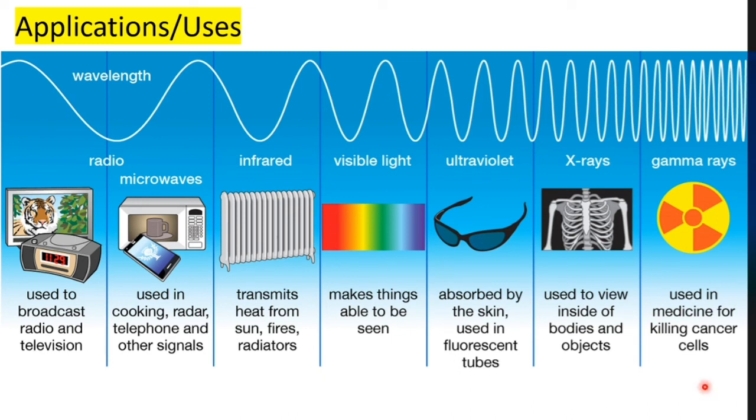That is why too much exposure to UV rays can cause sunburn, wrinkles, skin cancer, etc. So it is recommended to use sunscreen lotion to protect from UV rays. X-ray technicians also place a lead shield over themselves. Gamma rays are highest in energy and most dangerous, but luckily our atmosphere absorbs gamma rays from outer space, thus protecting us. So this was all about the electromagnetic spectrum, electromagnetic waves and their applications.